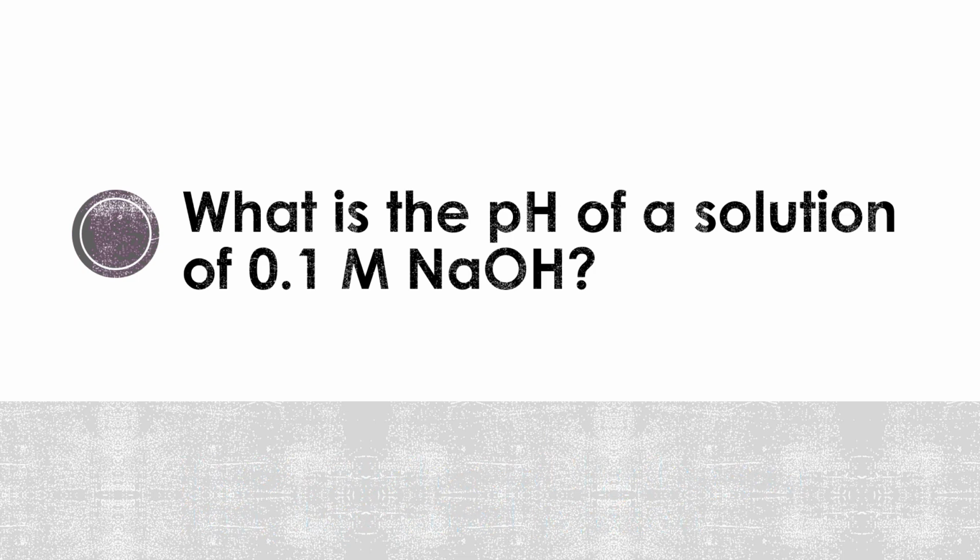What is the pH of a solution of 0.1 molar sodium hydroxide? Given in this problem, we have the hydroxide concentration, not the proton concentration. So we can't use straight away the generic pH is equal to the negative log of the proton concentration equation. We will calculate the pOH from the negative log of the hydroxide ion concentration, and then use the knowledge that the pH is going to be equal to 14 minus the pOH.